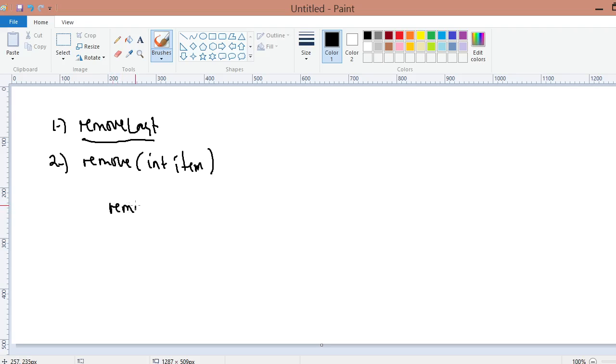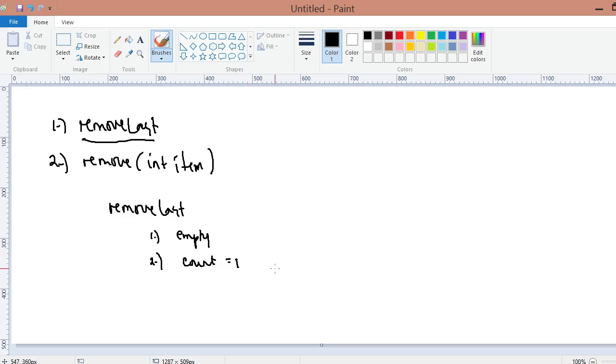So what are the considerations when we do the remove last? Number one, your list could be empty. So if your list is empty, then let's do nothing. Number two, your list has only one node, so count is 1.